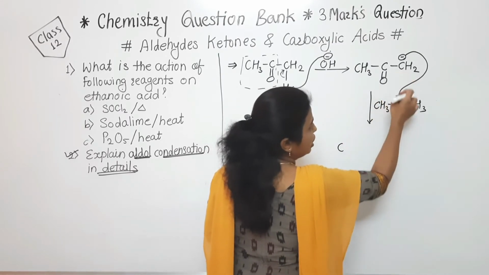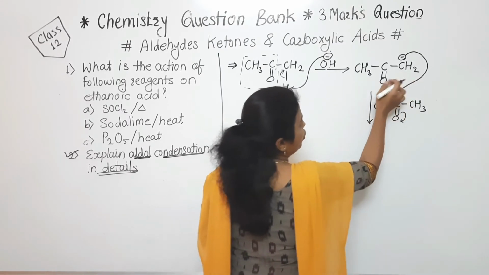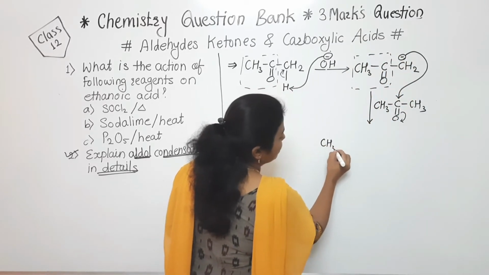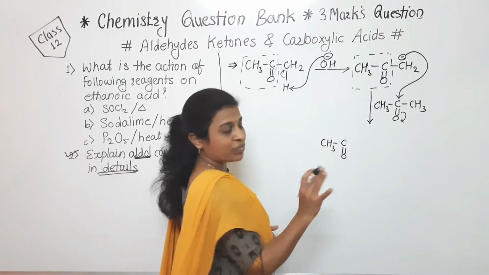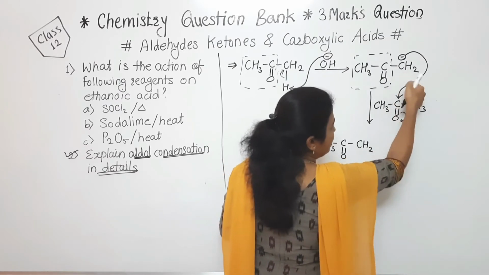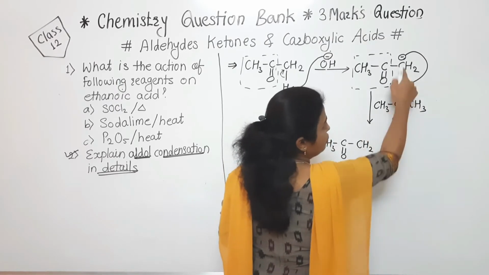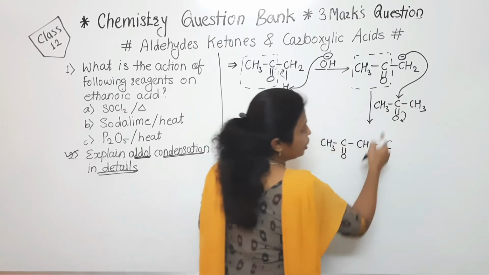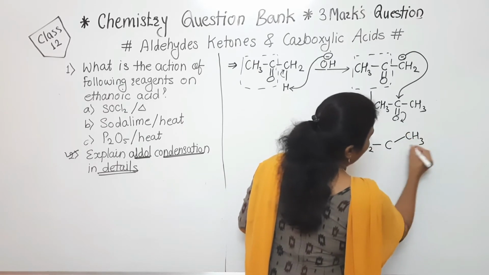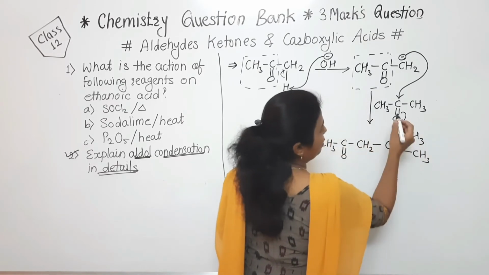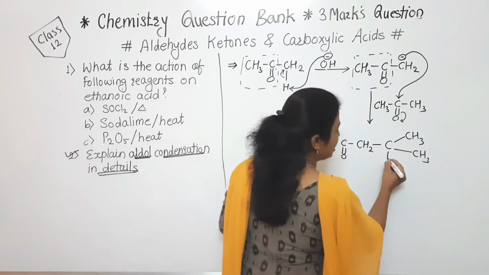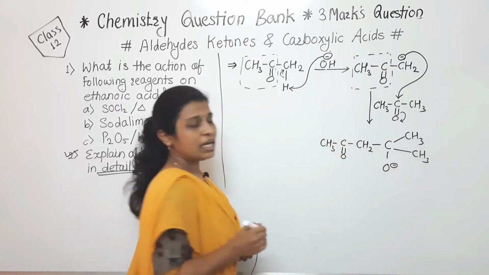whose attack is there, CH2 on the carbonyl carbon. The part that has not been involved in the reaction, we write as it is, CH3 C double bond O. Next part is the CH2. Its attack is on that carbonyl carbon, means it will form a bond with this carbon. To that carbon, 2 CH3 groups are attached, and I have drawn that here. And the last part remains double bond O. Instead of double bond O, it will form a single bond O, and that oxygen will carry a negative charge.